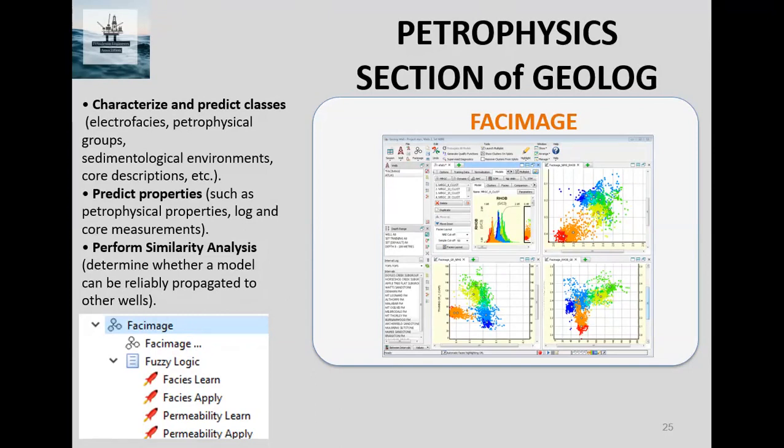This module was first introduced in Geolog, and other software try to design a similar module, but Geolog is several steps ahead of them.